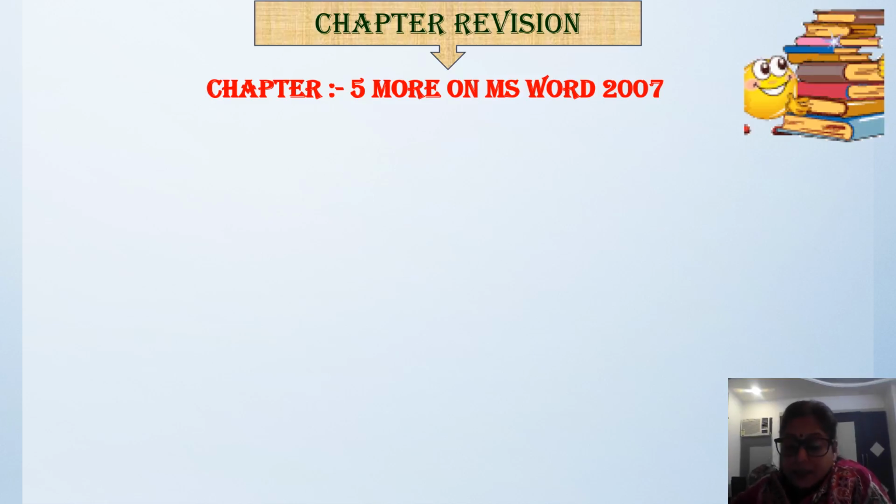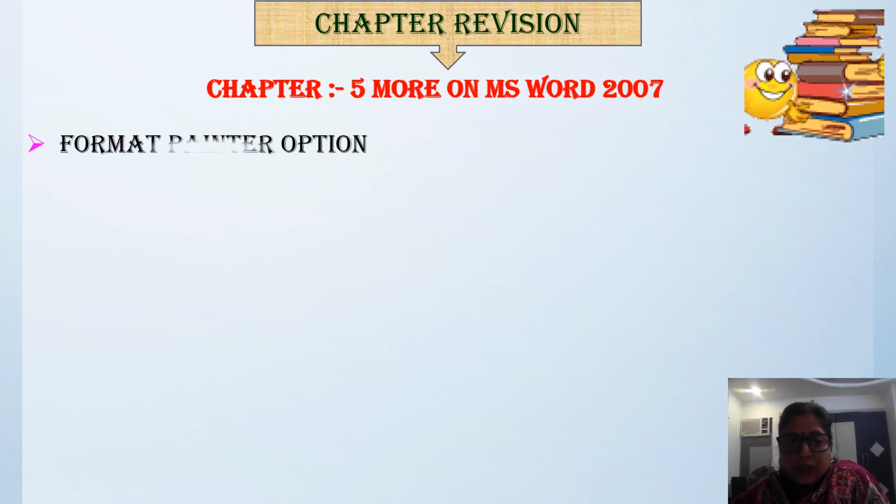It has a number of useful features that allow you to work with text, create impressive documents and reports, right? Let us recall the various features of MS Word that make it the most popular, powerful and versatile word processor. Okay, so here the first one is our format painter.